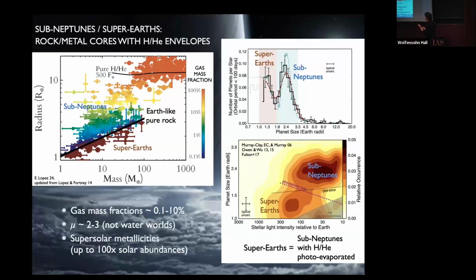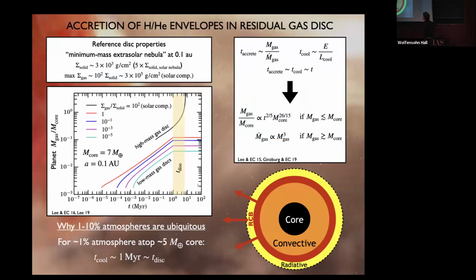So we think these are primary atmospheres, unlike the Earth's atmosphere, which is secondary, right? The Earth's atmosphere having a gas mass fraction much lower, 10 to the minus 6, secondary in that it's outgassed from hot rock. These primary atmospheres, we think, accreted from the original disk, but towards the end of the disk's lifetime. So maybe timescales of about 10 million years. And we think this, right, it's sort of the last gasp of the disk. We think this based on calculations like these.